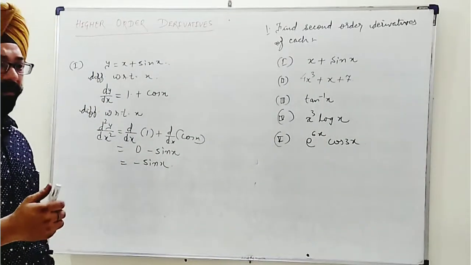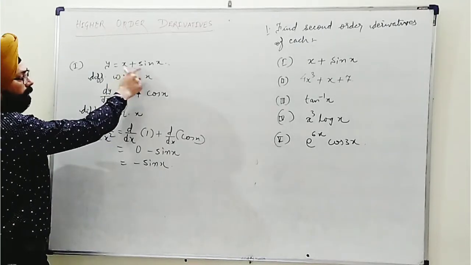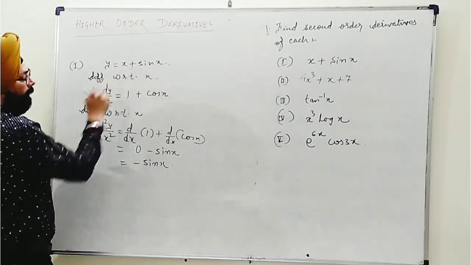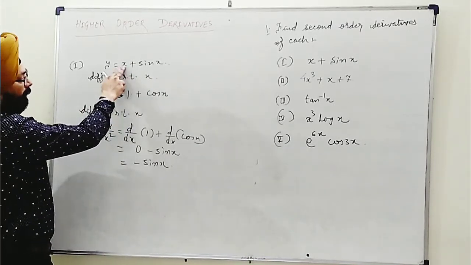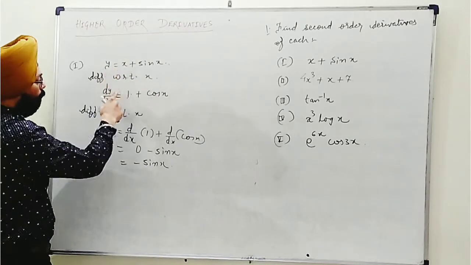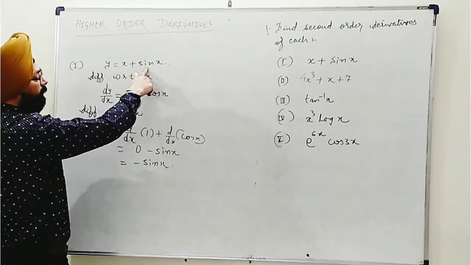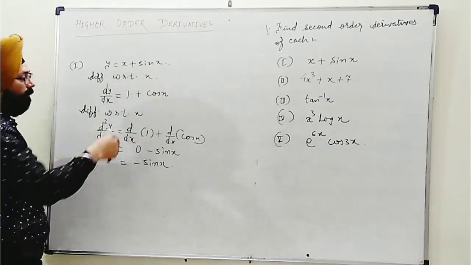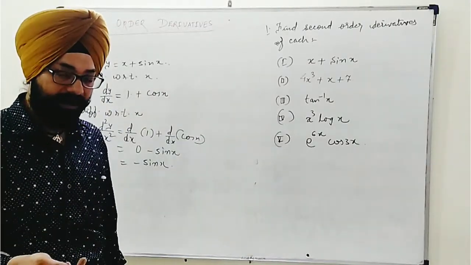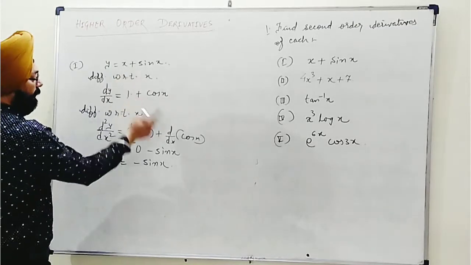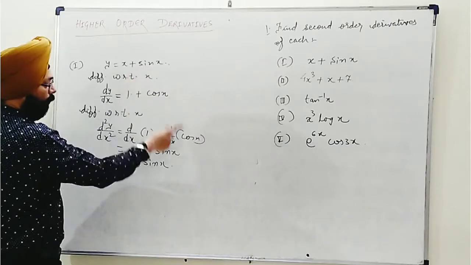Now one point is to be noticed here. There were two terms in the function, algebraic and trigonometric. You could see that in the second order derivative, this simple algebraic function finally became 0. But the trigonometric function, mainly sine and cos, is continuously changing. As we know, differentiation of sine is cos, and differentiation of cos is minus sine. So they are converting into nothing else but sine to cos, and cos to sine once again.